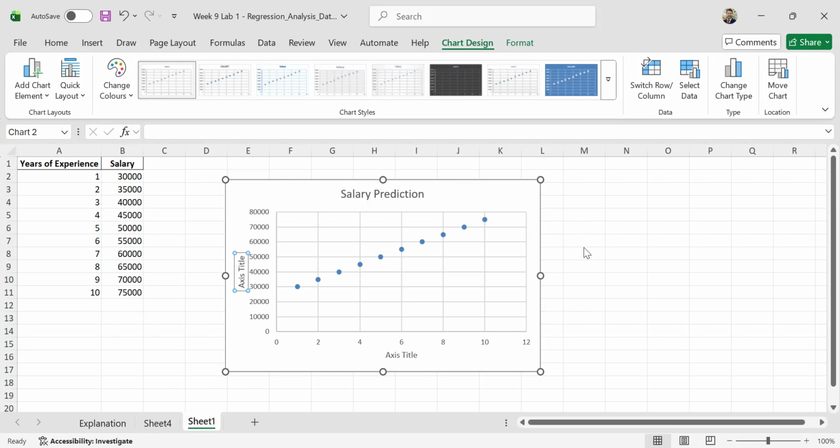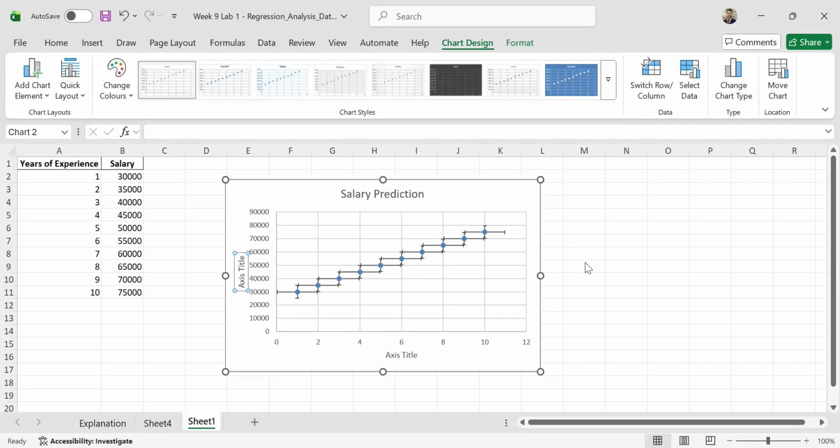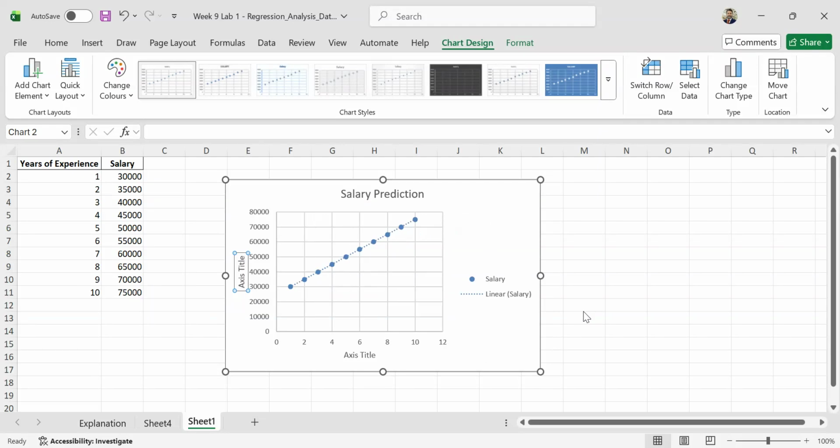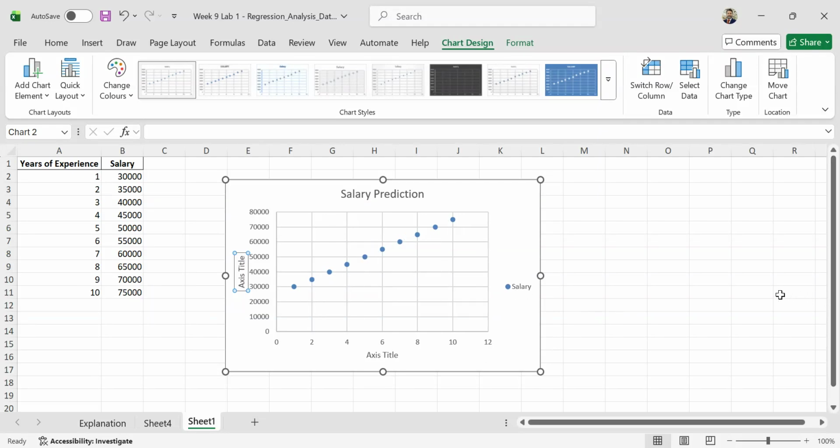Then you have data labels. Well, we don't need the data labels right now, so we just uncheck it. Then you have error bars. We don't need them. Grid lines, legend, and we can have the legend. That's fine. This is absolutely fine. Trend line. So you click onto the trend line, and you can see the dotted line has appeared. So this is more about explaining that there is a consistent rise in the salary prediction if you have a number